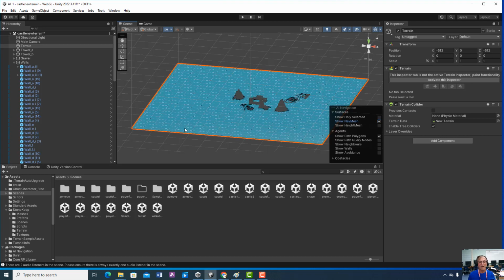But anyway, I'll have another lesson here where you can see some of the hills and stuff, and you can see I painted the terrain there. Anyway, get it done. Let me know if you have